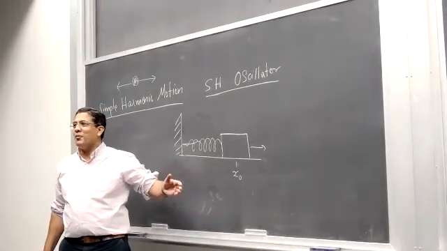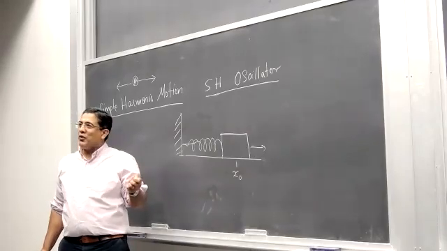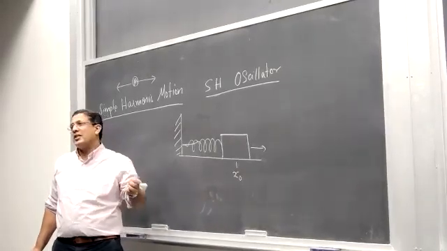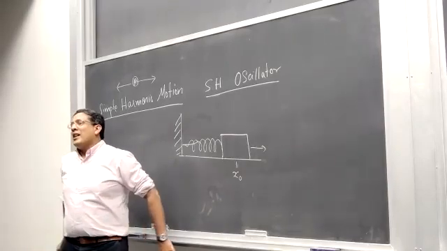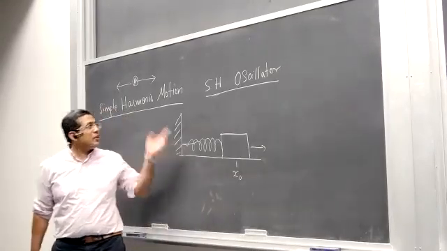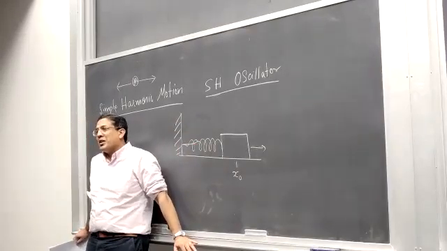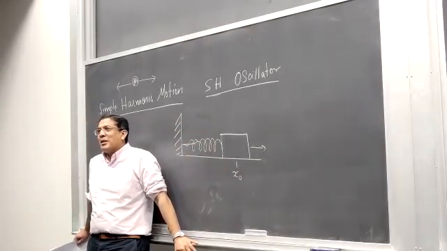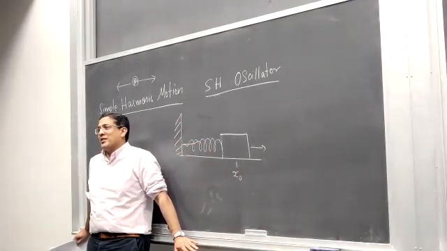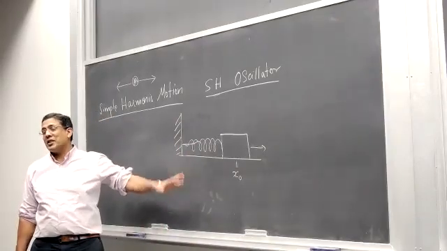Okay, so any rigid object which you push or hit out of the equilibrium position, where the force on it is zero, it would start moving, and there is a restoring force so that it tries to restore its equilibrium position. Any such system can be modeled as a simple harmonic oscillator. That is why simple harmonic motion or simple harmonic oscillator is everywhere in physics, from quantum mechanics to classical mechanics, quantum field theory, from atomic physics to lasers. Everywhere we have this motion appearing in physics, but that's not it.